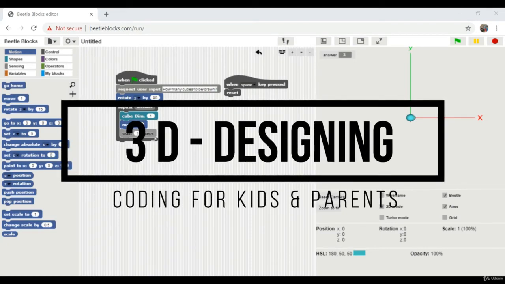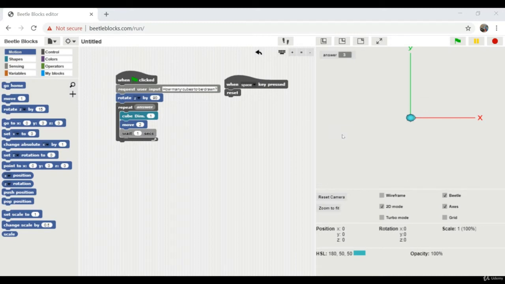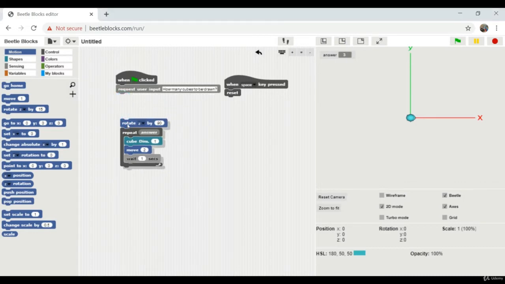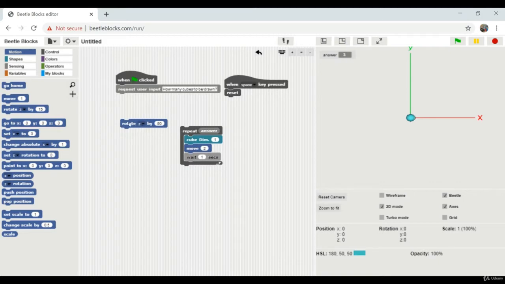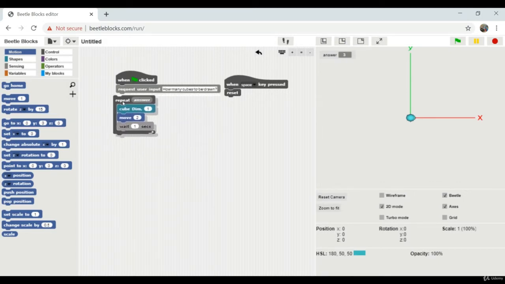Now in this activity, we will draw the cubes on the z-axis, on the positive z-axis and on the negative z-axis. So the very first thing that we need to remove in this code is rotate, because we are not going to draw on the y-axis, although it will not make any difference because it is rotating about the z-axis, there is no problem.